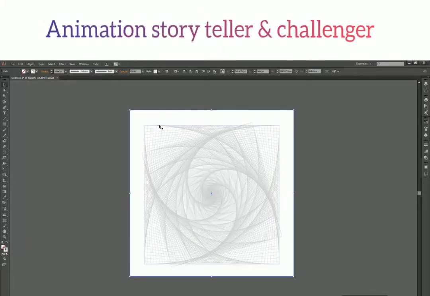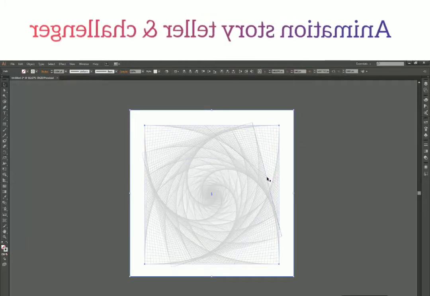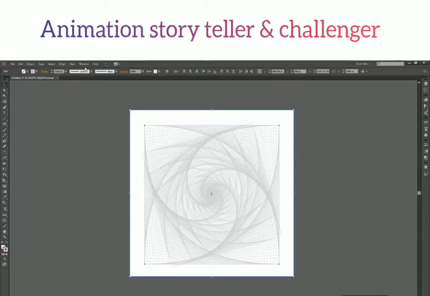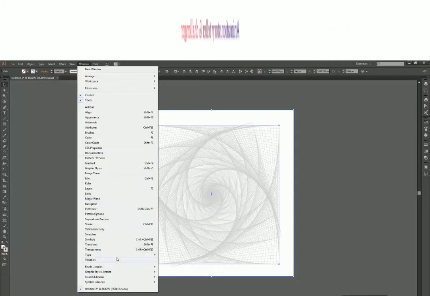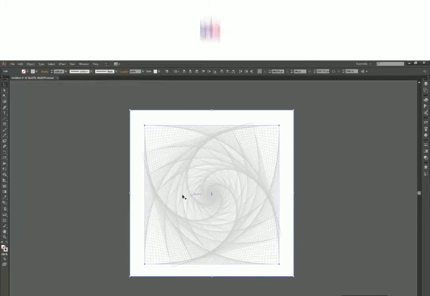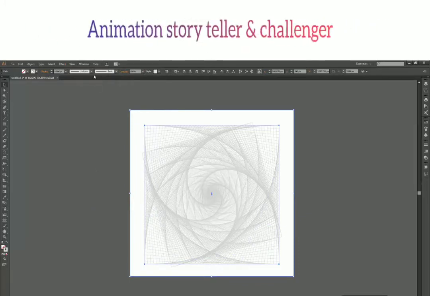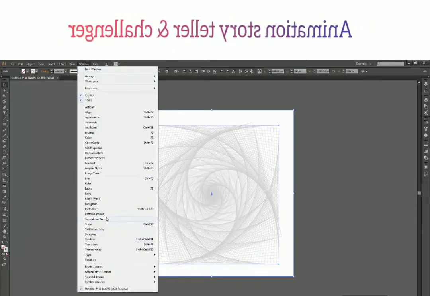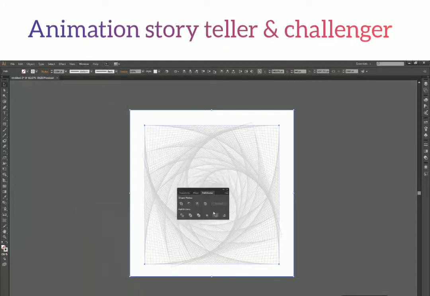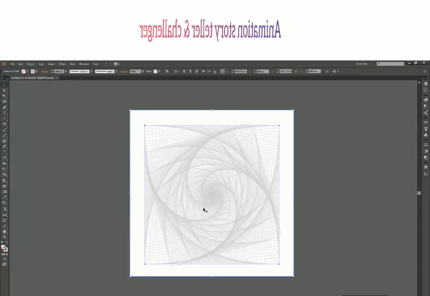And now I'm going to trim one rectangle out of another, and again this we will learn in future, so you can avoid this right now. Window and Pathfinder.